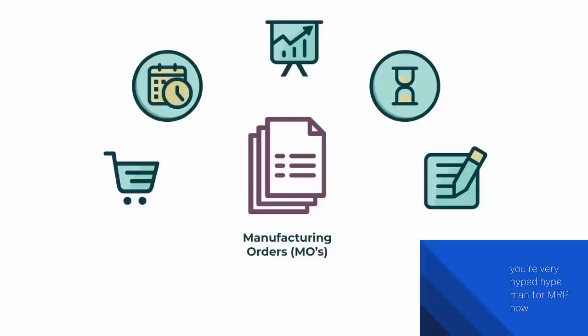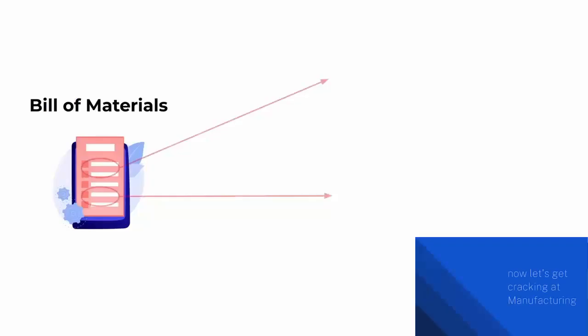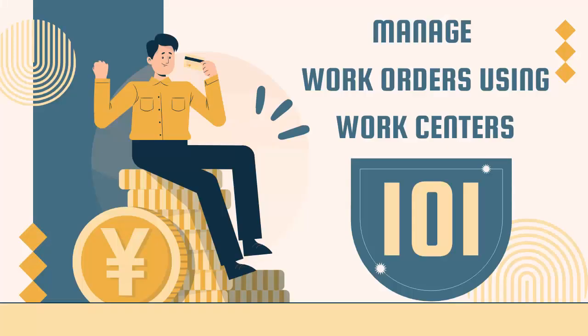Manufacturing orders, or MOs, are internal documents that authorize production at a company that produces. Now let's get cracking at manufacturing. Alright, as you can tell, I'm really excited to show you all of